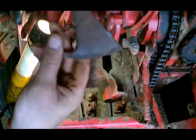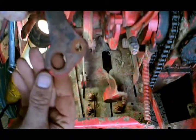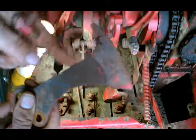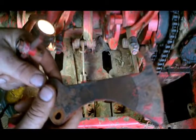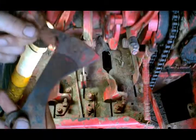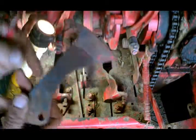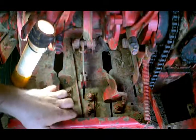Alright, so we're breaking it down into its components. We've got the actual twine finger off. Probably won't be a big deal to cut that out. I'm not overly sure what significance this little tip has. I looked at the knotters on my uncle's 124 Massey, and they're made a little bit different as far as the twine fingers go, but this piece isn't here, and this is a bit more squared off, so it's all probably made to be adjusted out